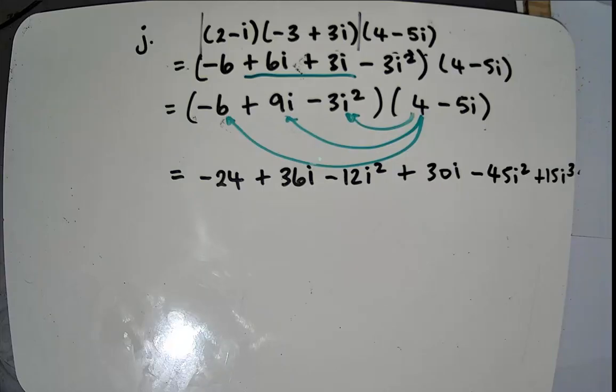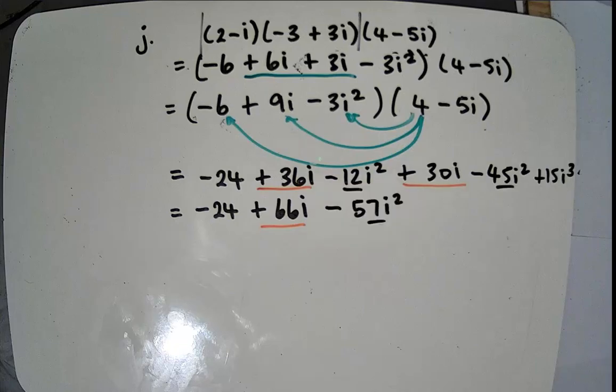Now we'll have to look for like terms. So we have minus 24 plus 66i, 36i plus 30i gives us plus 66i. Those are the like terms. Looking at another group of like terms, we have minus 12i squared and minus 45i squared. So minus 12i squared minus 45i squared, put them together, I get minus 57i squared,